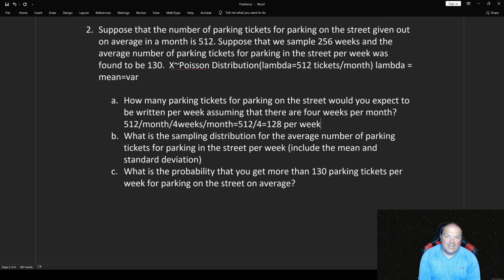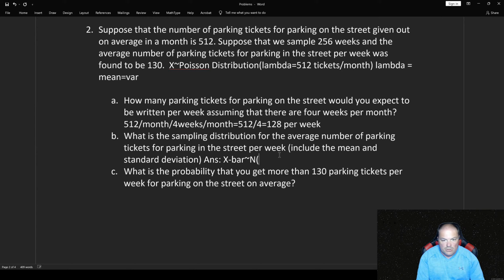Okay, well, what is the variable? It's a count. Okay, well, then it comes from Poisson. And we know from the Poisson distribution that lambda is equal to the mean, but lambda is also equal to the variance. So, since a sample size of 256 weeks is bigger than 30, and we know the mean and the variance because we know lambda, what we can say here is X bar